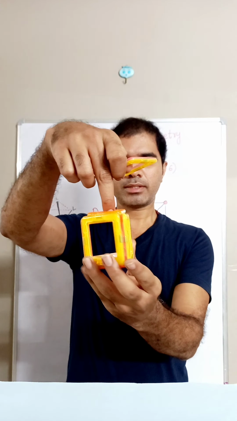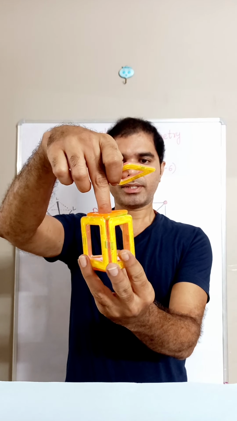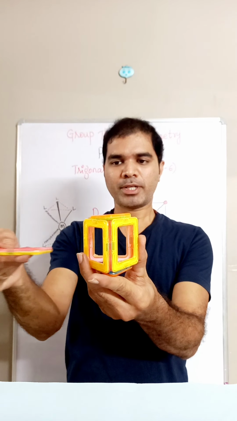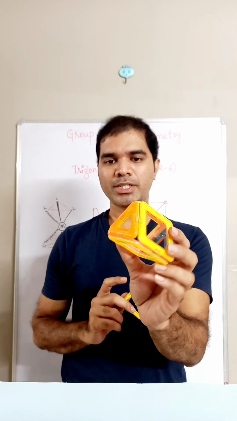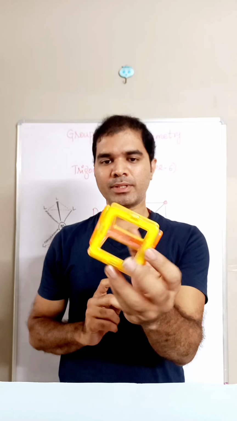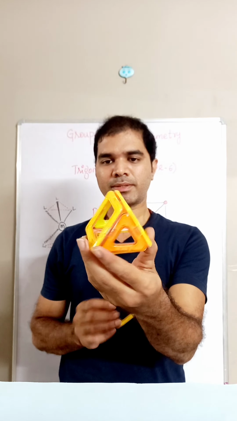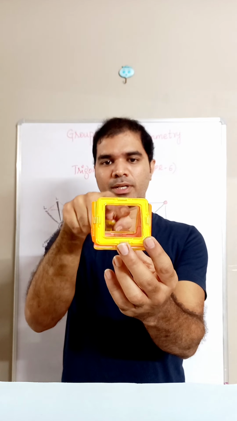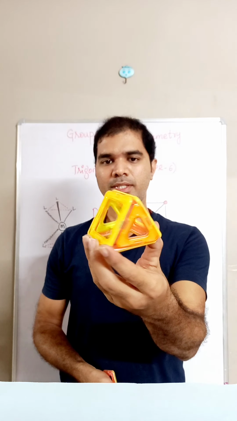This is a sigma h. We can also have S3 in this. S3 is, suppose I am holding it in this way, rotate by 120 degree and then pass a plane perpendicular to it, that will also produce an equivalent configuration. Therefore S3 is also present, but inversion is absent in this. You can check inversion is absent. Starting from the center, if I just draw a line which is meeting a corner, in the opposite direction to the same distance there is no corner in it. Hence inversion is absent.